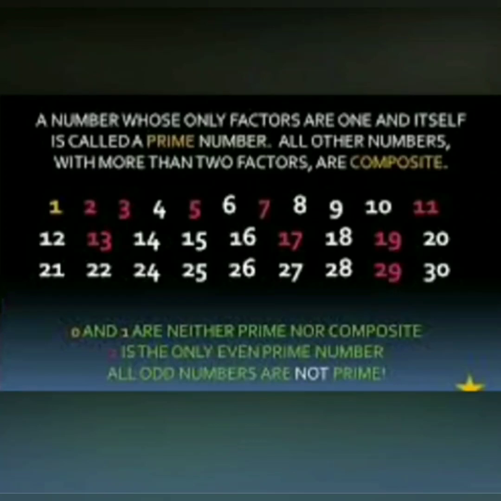Here the numbers from 1 to 30 have been given. We'll be segregating them, which one is a prime and which one is a composite. So we'll start. First, the number 1, the digit 1 is there. 1 is neither a prime nor a composite as we have already studied, and 2 is an even prime number. So moving on to the third one, that is 3. 3 is a prime number. How did we come to know that 3 is a prime number? It has only two factors. One factor is 1 and the other one is 3 itself only.